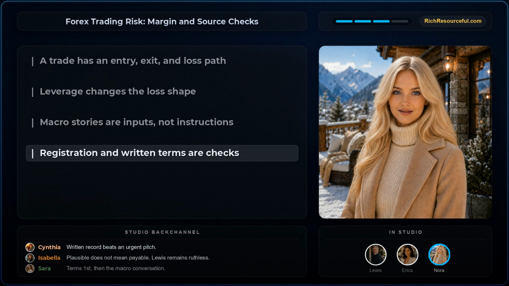What happens if the market moves before an order fills, if liquidity thins, or if the position must be closed at a bad time? Those aren't obscure objections. They're the ordinary places where a broad headline meets a specific agreement. Write them down before you evaluate anyone else's conviction. If a creator can't name the instrument and its loss path, their confidence may be entertainment, but it isn't a complete decision process. Good uncertainty has a name, a source, and a next question. A headline has none of those by itself. Keep the difference visible when a fast market rewards a fast story.